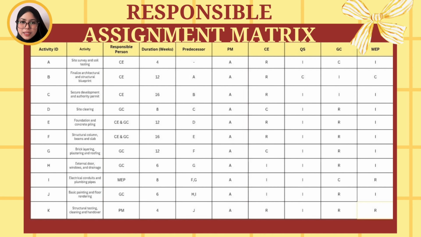Here is the detailed mapping of our project activities from Task A to K against our stakeholder roles. For instance, the civil engineer is primarily responsible for structural blueprint and permits, while the general contractor takes the lead on responsible execution for physical tasks like site clearing, brick layering, and painting. Meanwhile, the project manager maintains total accountability across every single phase to guarantee a smooth structure handover to the